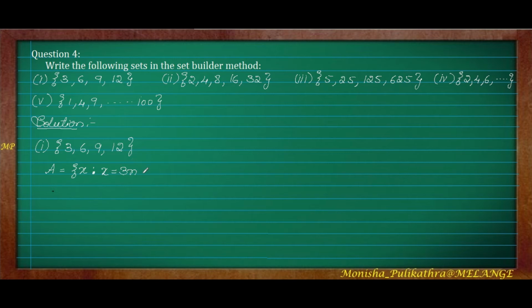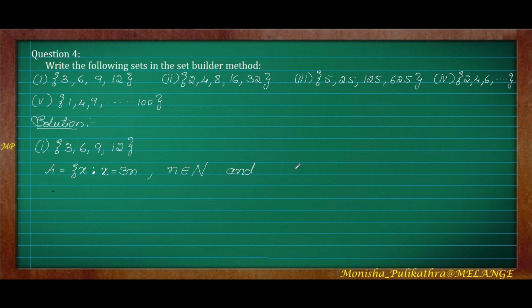So x is equal to 3n, where this n belongs to, we know that the capital N denotes the natural numbers. So x is equal to 3n, where this n belongs to natural numbers. Natural numbers start from 1 up to infinity. Okay. So n belongs to natural numbers N, and here they have given the numbers from 3 to 12. Okay. And this n is from 1 up to, that is 3 1s are 3, 3 2s are 6, 3 3s are 9, 3 4s are 12. So it is up to 4.